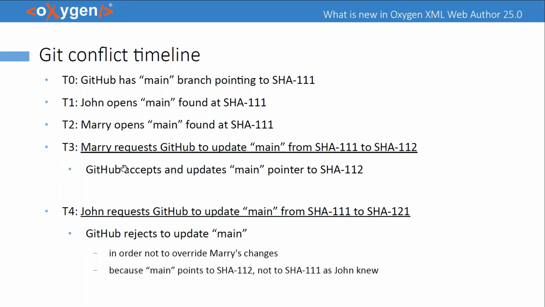Of course, GitHub accepts because in this moment, the position of the main branch is at SHA-111. After this, John also makes a change to a file and requests GitHub to update the main branch from the SHA-111. Why the SHA-111? Because this was the revision found when he opened the file, the base revision that he